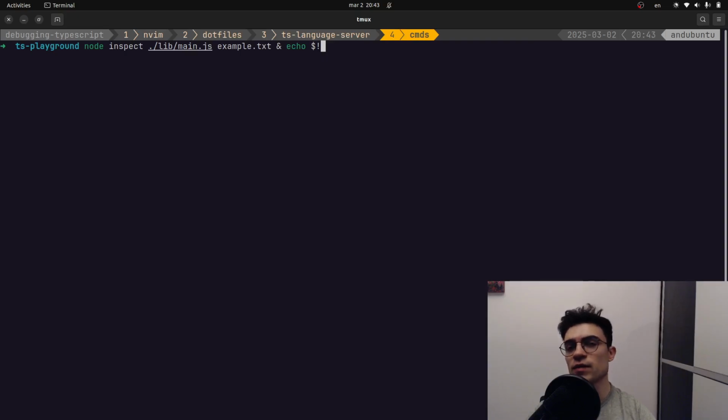First of all, I have to run tsc, in essence run the TS compiler on the project so that it can output some files, and then I'm running node inspect on the entry point. I don't know what example.txt does here; I suppose it is for logging purposes. And in the end I'm echoing the process ID, because we'll need that process ID in order to attach to it. So if I run this command,